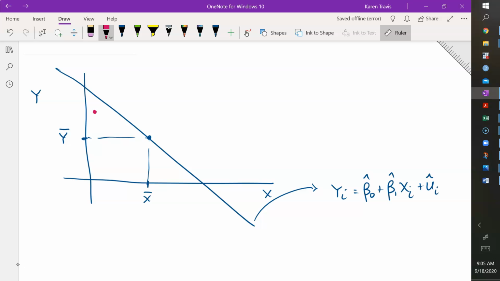Let's suppose this is a data point, and let's suppose this is a data point. So with those data points, that is not exactly where x bar is, but I'm just doing this to highlight the meaning of several different terms. Okay, so one of the measurements we're going to think about is y minus y bar. So each actual y